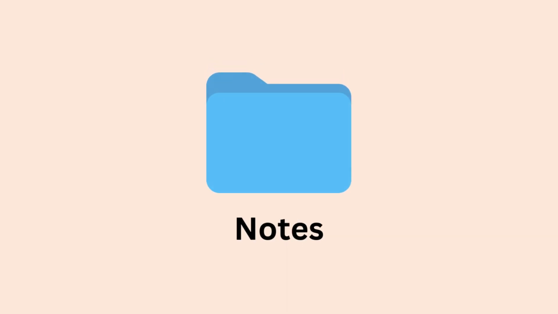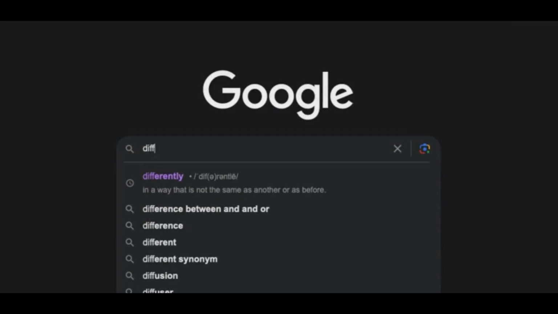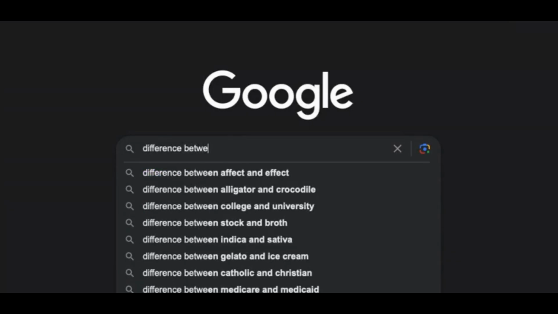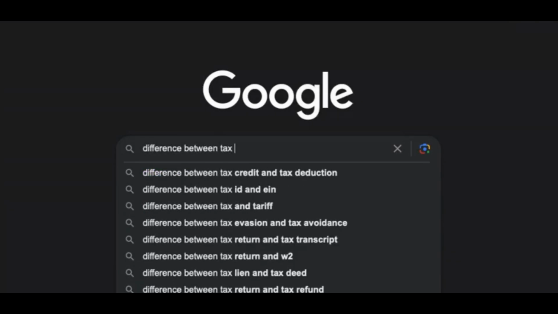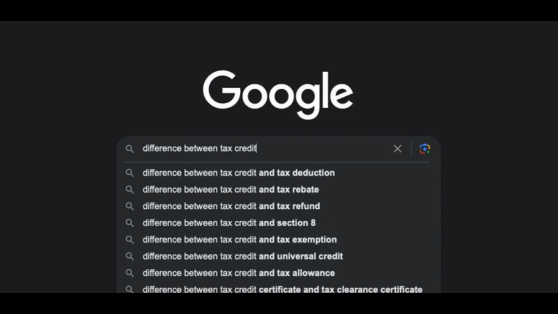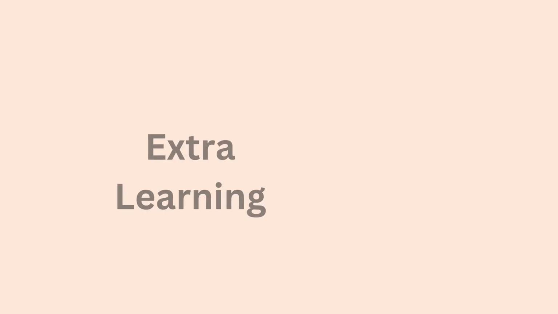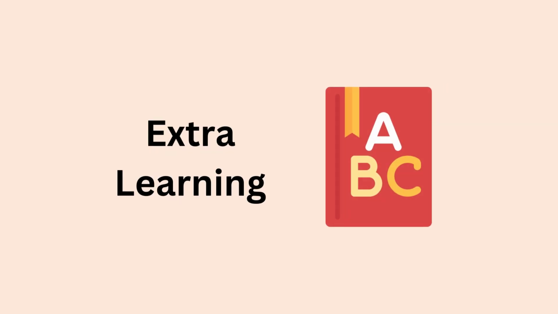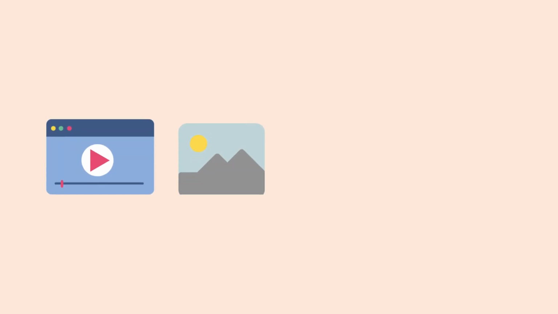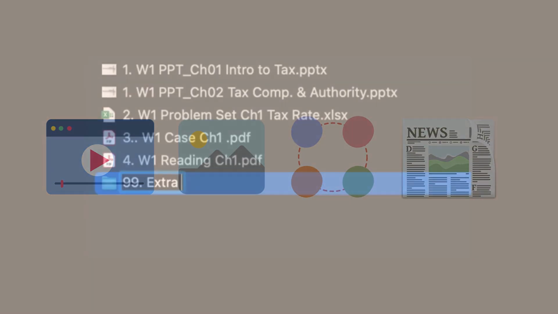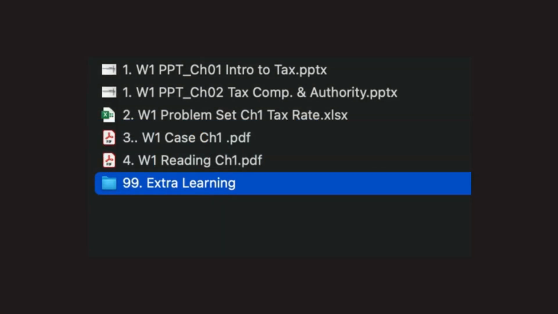for these notes. Besides class materials provided by the professor, sometimes I also need to do some extra learning or Googling to help me digest those hard and complicated course content. Thus, I need to find a place to save these extra learning materials. Plus, this extra learning can be a video, a picture, an infographic, or an article from the internet. I guess I'll need a folder called Extra Learning within each class folder, because remember, these extra learning materials are